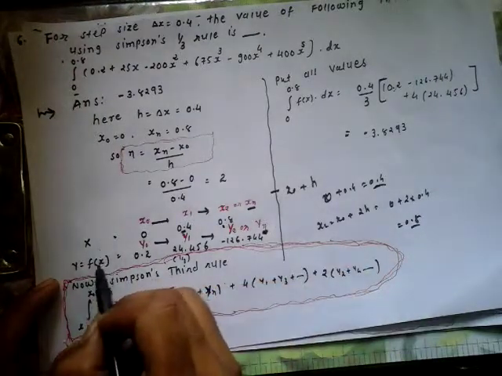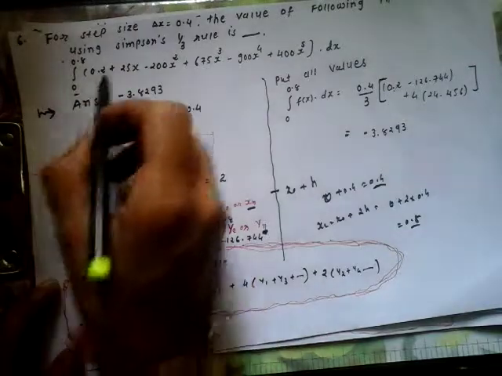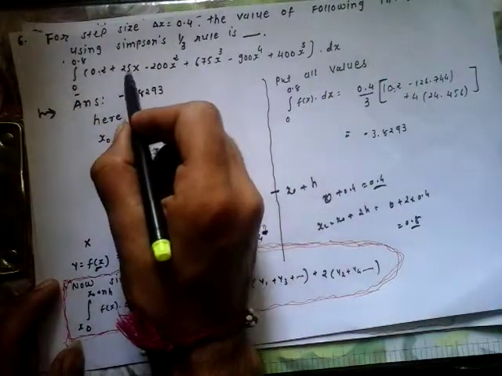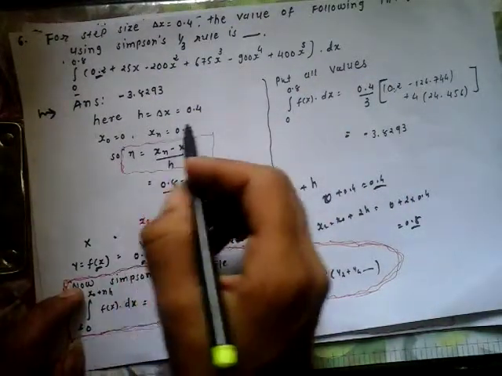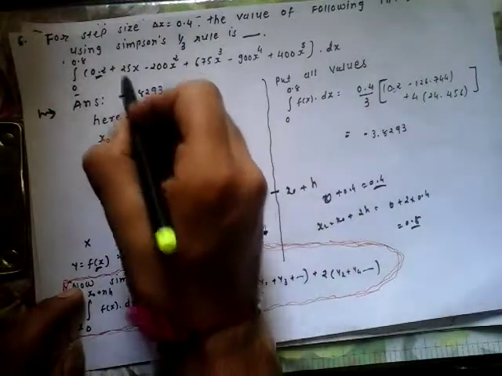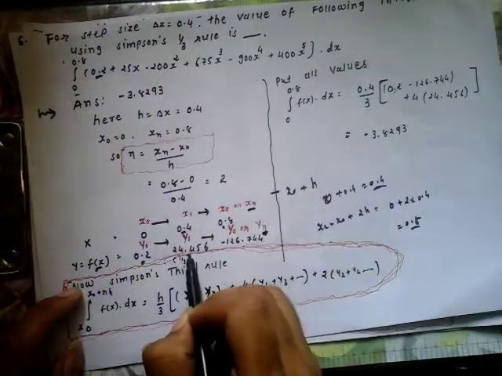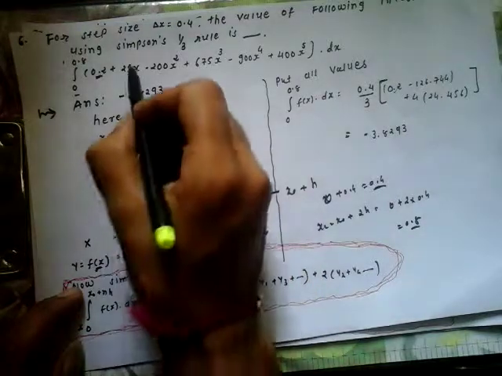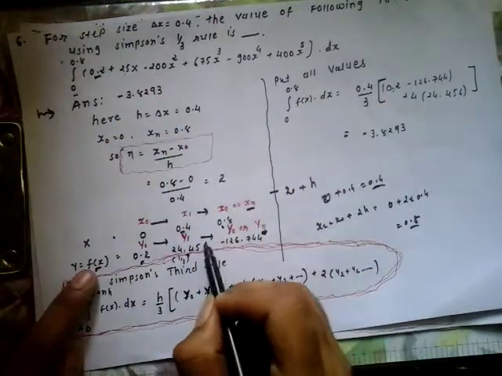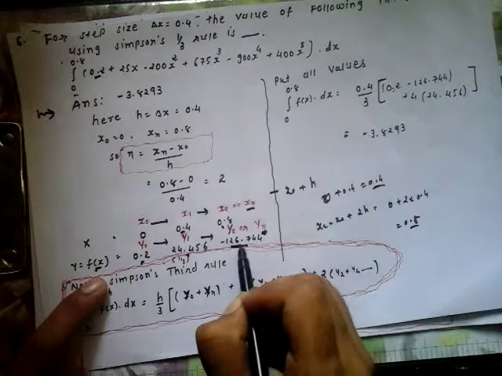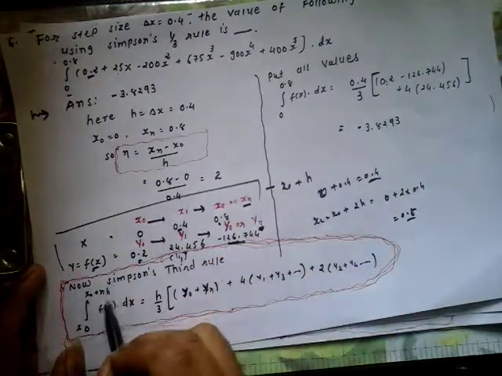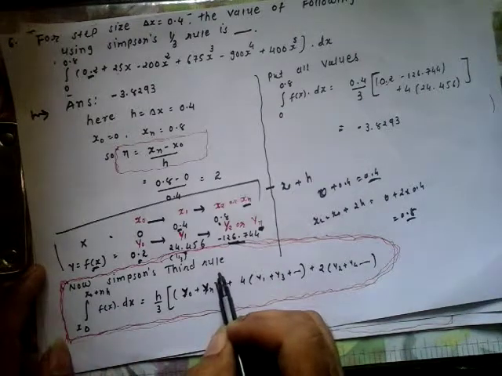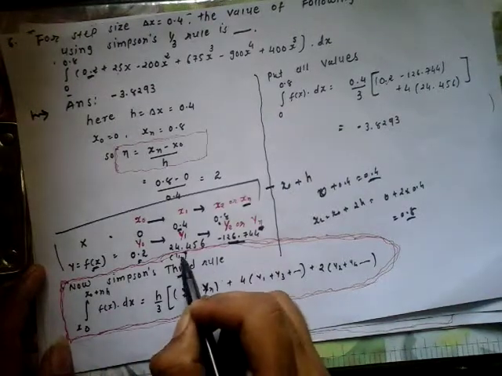And now we can find y by putting the value of x in this equation. If x is equal to 0, then all the other terms will be 0 and only the first term remains. So here 0.2. Same as putting x is 0.4, we can get 24. And putting x is equal to 0.8, we can find y is equal to the function of x equal to this value. Now we have this whole table. Then we simply apply Simpson one-third rule.